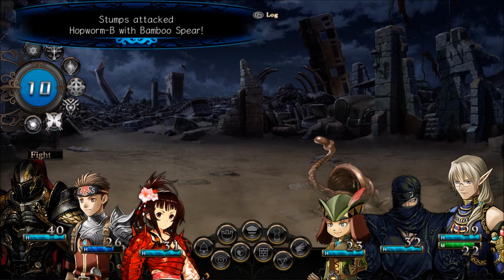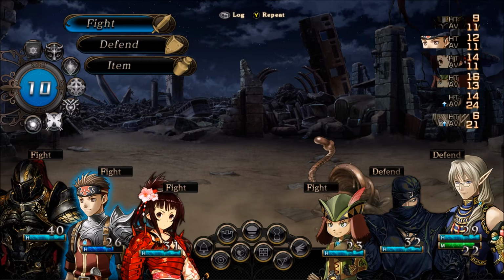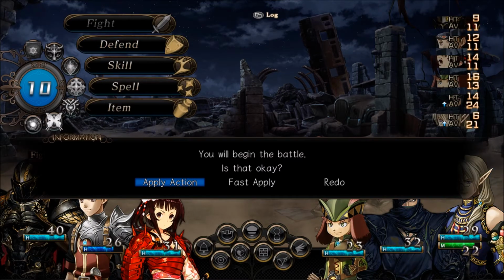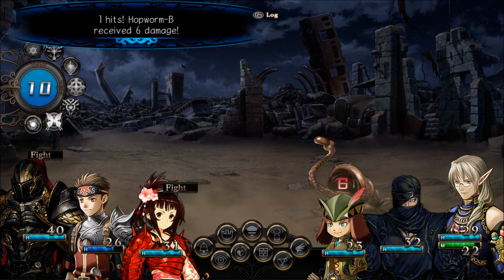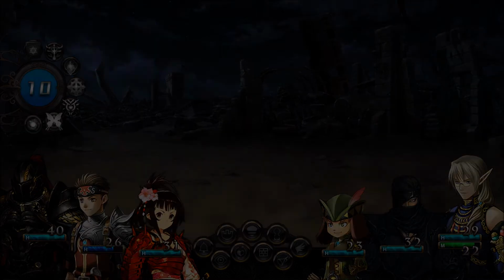I also like giving all my characters unique voices. I don't know if you noticed that, because they do make noise when they fight, and it's more interesting if they all sound different. Oh wow, that dwarf ain't no joke. Go Stumps. Stumps ain't playing. Alright,